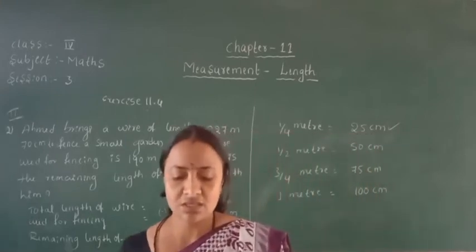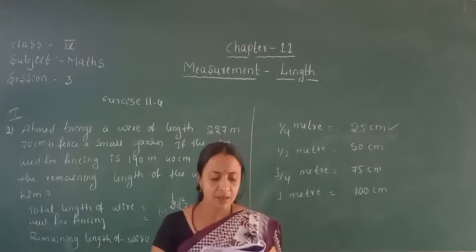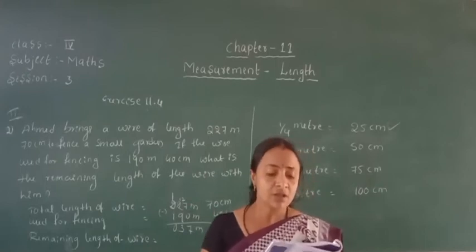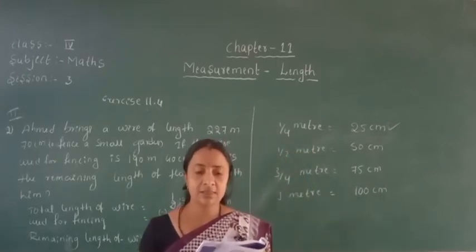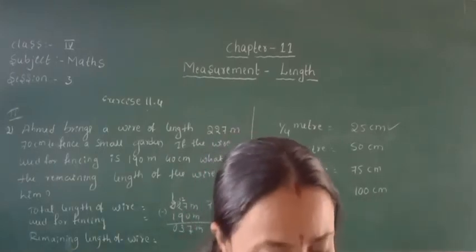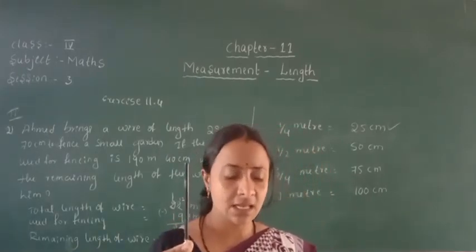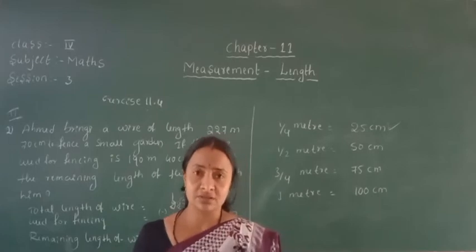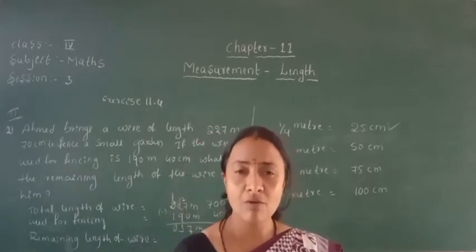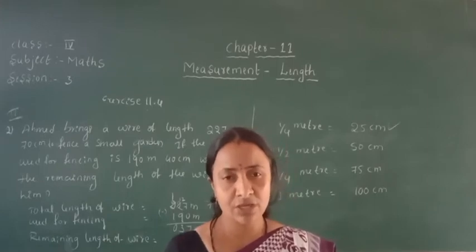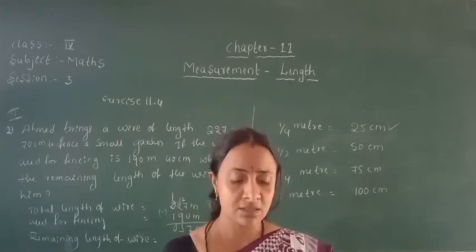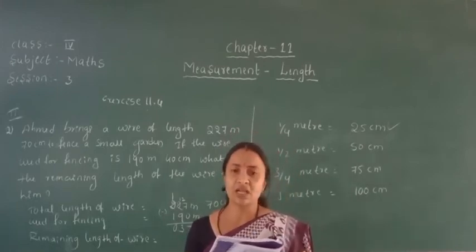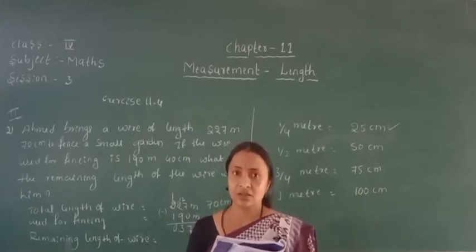Okay, so here see, using proper fundamental units. How to use all these? See which are the proper fundamental units to represent the length of an eraser, the length of a pencil. If you find out the length of a pencil, an eraser, or a pin in meter, it is difficult. The length of a safety pin, how can it be measured? If we use meter, it's too long, so it is difficult to measure in meter. Then in which fundamental unit should these be represented? That would be easier.